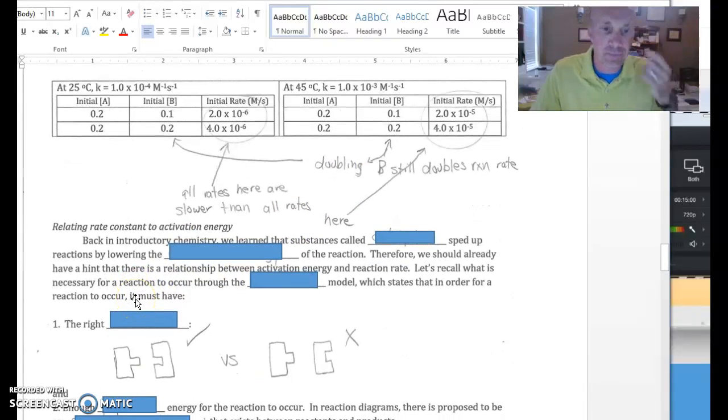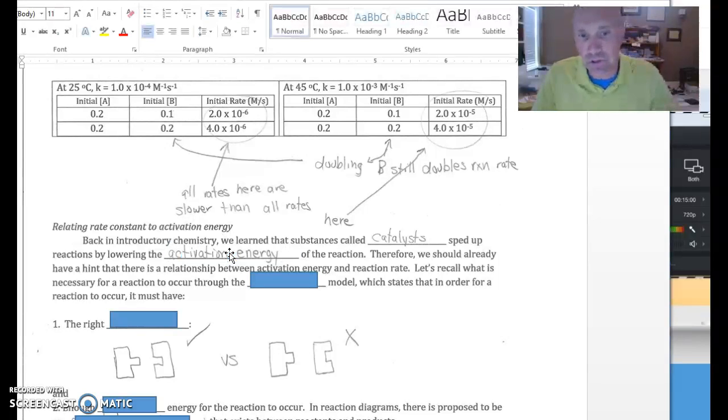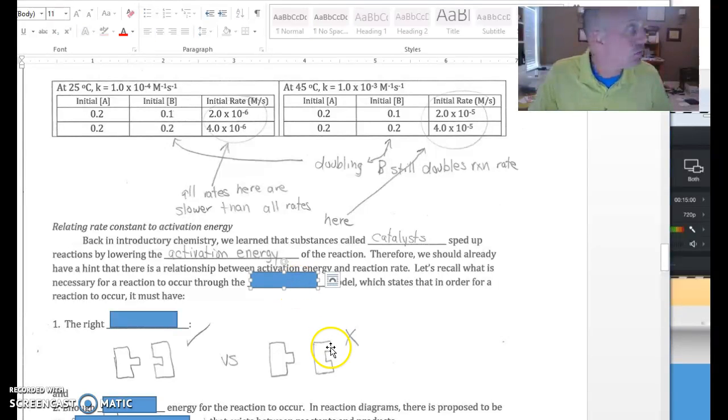Back in introductory chemistry, you hopefully remember this term called catalyst. A catalyst was some chemical substance that would speed up reactions, and the way we talked about them speeding up reactions is that they lowered what's called the activation energy in the reaction. So that should give us a little bit of a clue that there is a relationship between temperature and this thing called activation energy. So to review this,